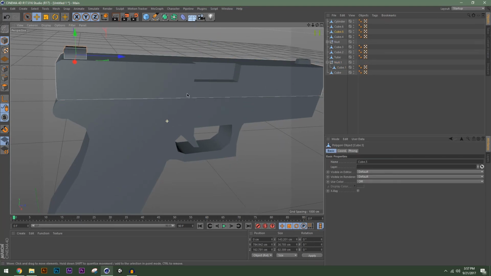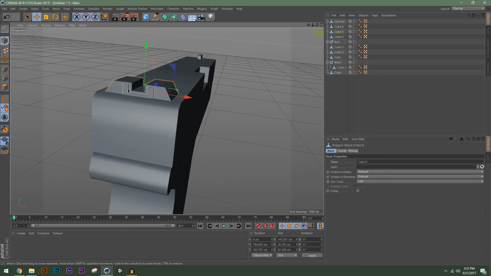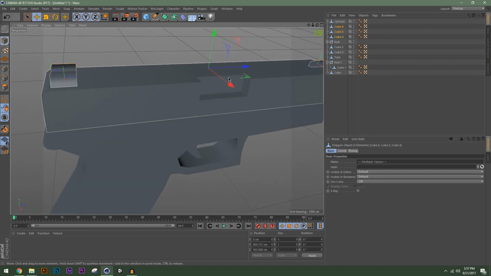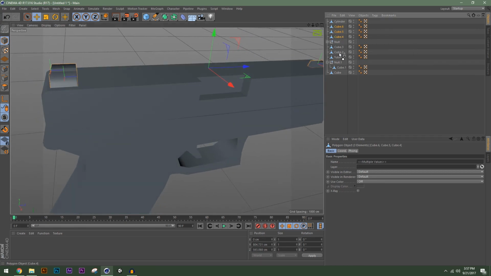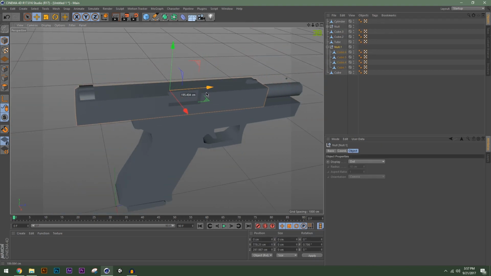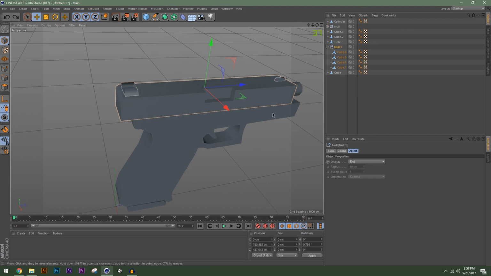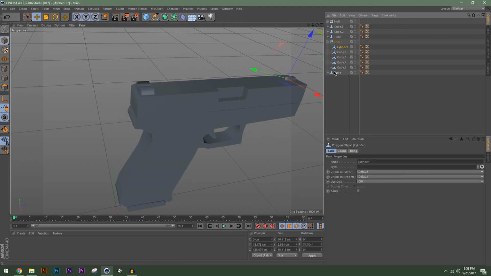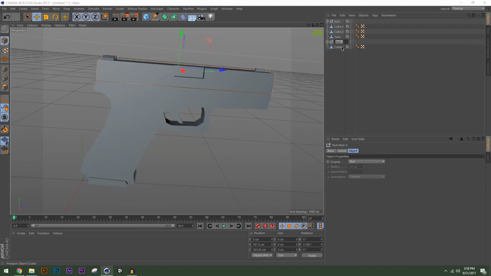And everything that will be sliding, which includes everything on it, we want to put into the same null. And now our slide, oh, we forgot to put that little circle on there too. Right, so we can name that slide,